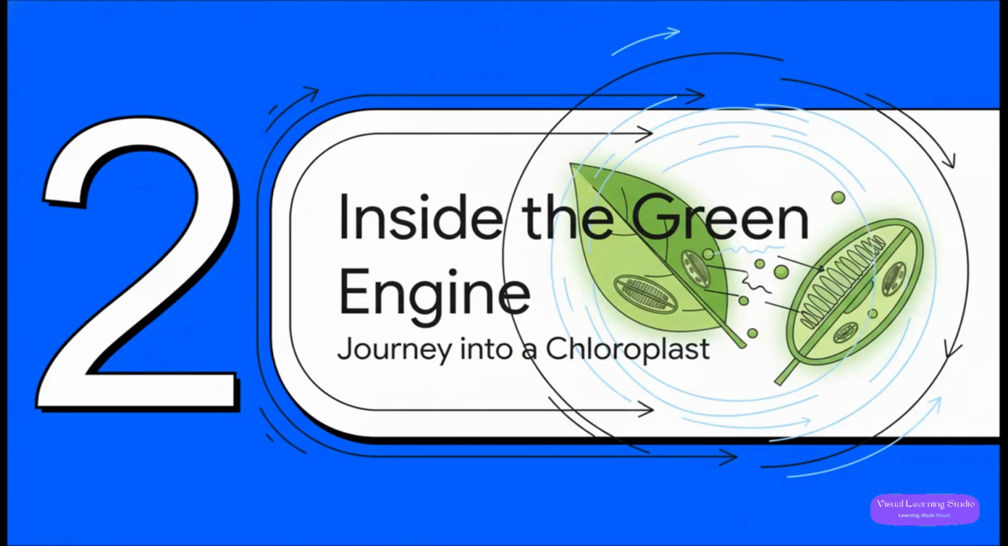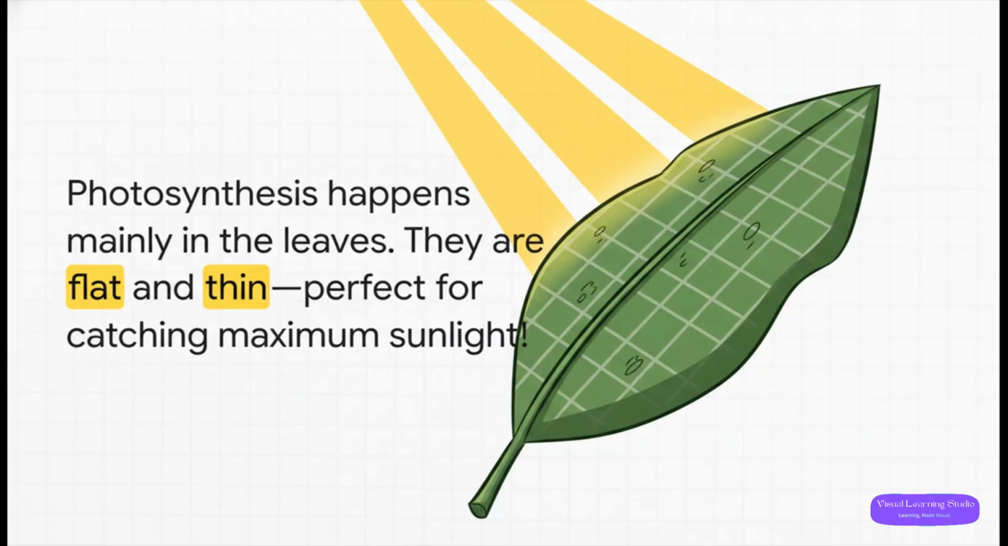So, we know the recipe, right? But where exactly is the kitchen? Let's take a little journey, deep inside the plant's green engine. Our journey starts with something we all recognize: the leaf. It's perfectly designed for this job, you know? It's usually broad and flat, basically acting like a giant solar panel, trying to catch as much sunlight as it